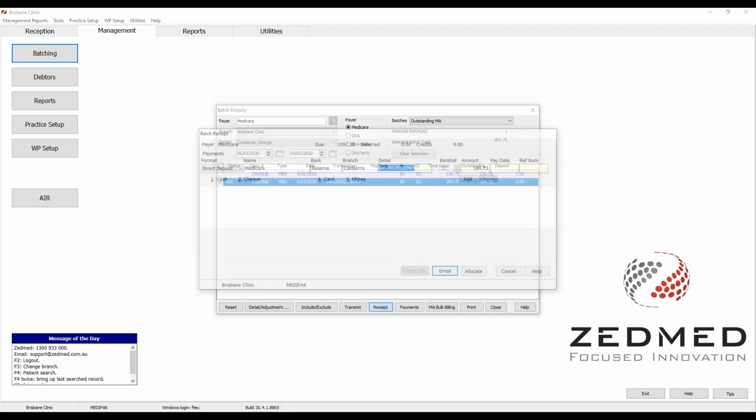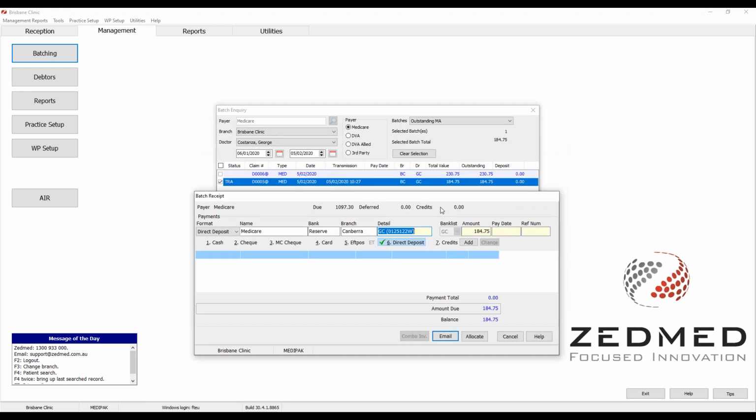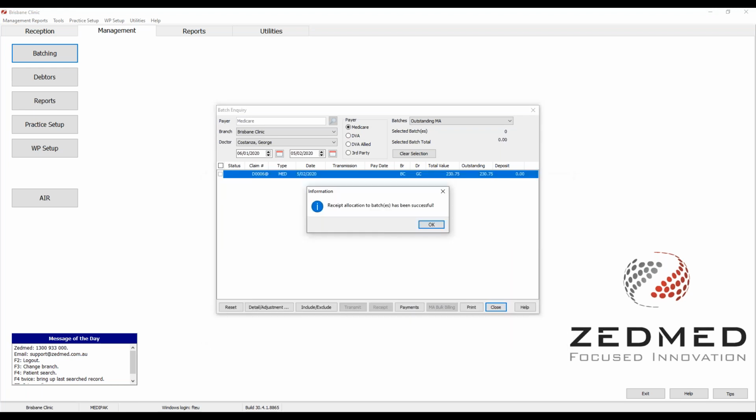Okay, say for this patient, for this batch, I've got Medicare paying the whole amount, which is $184.75. This is where you enter your pay date that you've got from the payment report. Just enter it here. For example, if my batch was paid today, I'll just put in today's date. Any reference number, you can enter it here. Otherwise, I can allocate, and this will receipt all the invoices inside that batch. So if I click OK,